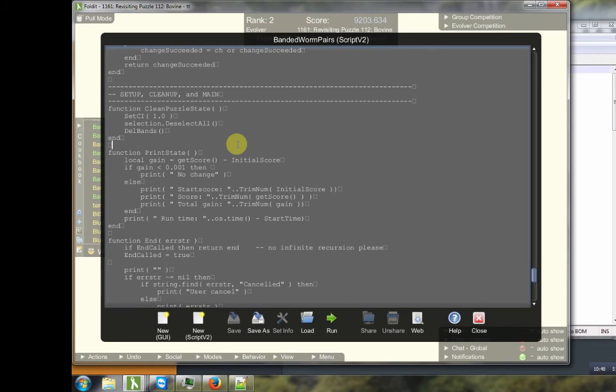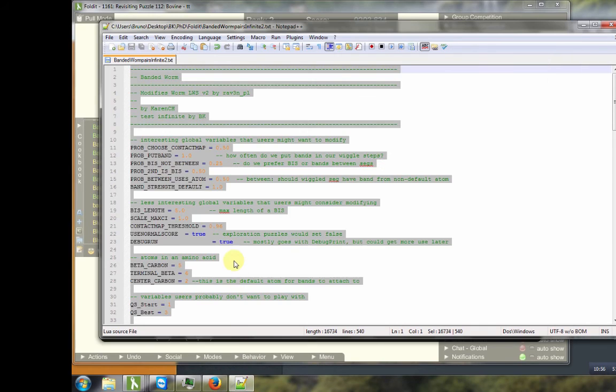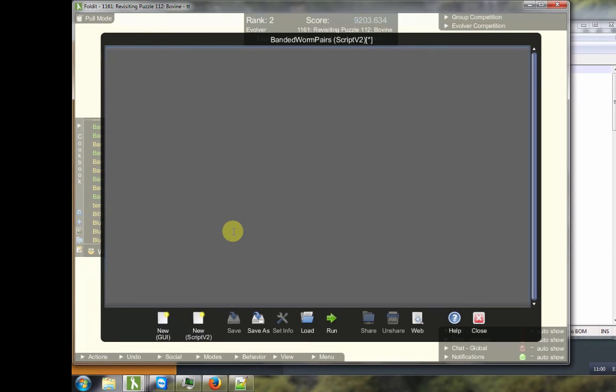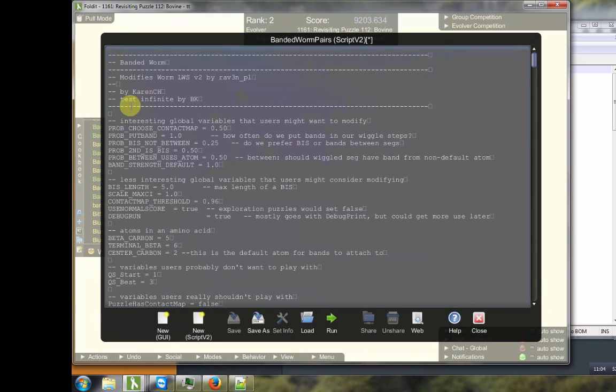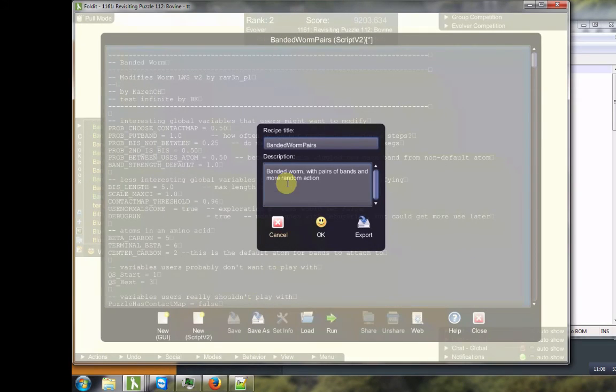Oh, but there is another text. So first I will put it back out. So Control X to take this text out of here. I come back to my editor. Control A, Control C. I come here. Control V, paste, and I have my new script. But I have to change now the name. So I will save it as a child recipe. Bandit Womper Infinite.